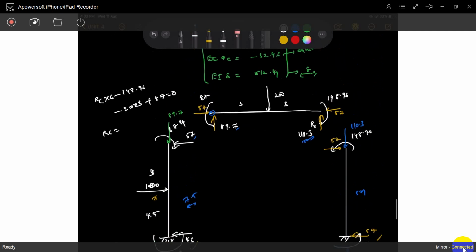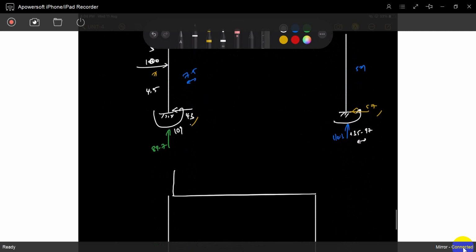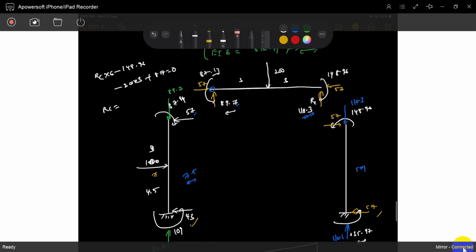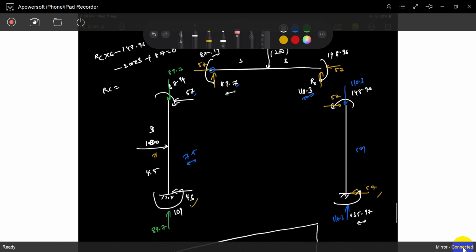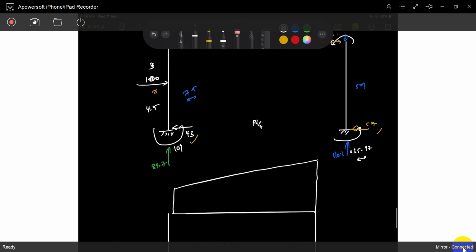See, first you will go through this. Bending moment is 89.7. And what is it? Bending moment is 87.14. Okay, so write down, both are 89. It's 148. And also a vertical load is there. 2 naught, PL by 8 at the center. So what is that value? You will calculate it and you will apply it.